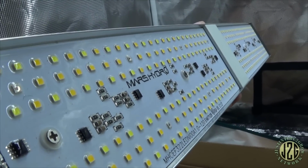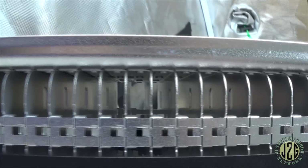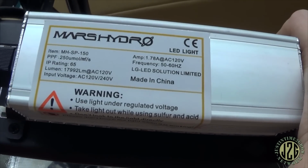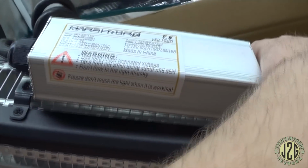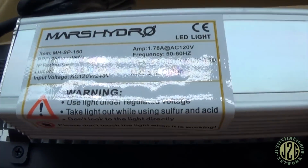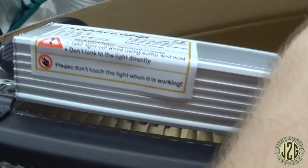Yeah, see, there's going to be my thumbnail shot right there. Good shit. But look at the heatsink on this beast. Same thing as the 250. It's got that bad boy heatsink. And then you flip this sucker over. Bam. And there's the driver. Not really sure if this is a Meanwell driver. That's interesting. It doesn't say Meanwell anywhere on here, and it's branded Mars Hydro, so I'm gonna go ahead and guess that it's not a Meanwell driver that's coming with this, which is quite interesting, because the SP250, as you can see here,